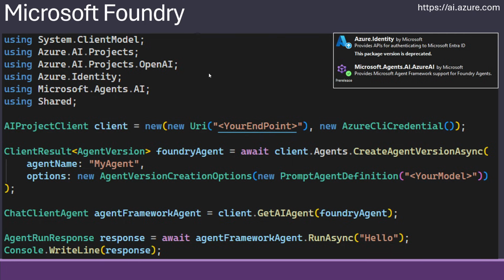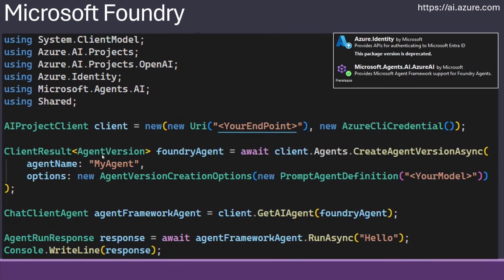Another thing about Microsoft Foundry is that you don't have an API key. You need to use the Azure credentials. In my case, I'm using CLI credentials, but you could use the default credentials, the Visual Studio credentials, or whichever one of the credentials. So it's like any other Azure resource. You then provide your endpoint, and then you use this AI project client in order to make some agents, and you create an agent with a name and some options. And the minimum option is a model, but you can also give instructions and stuff like that.